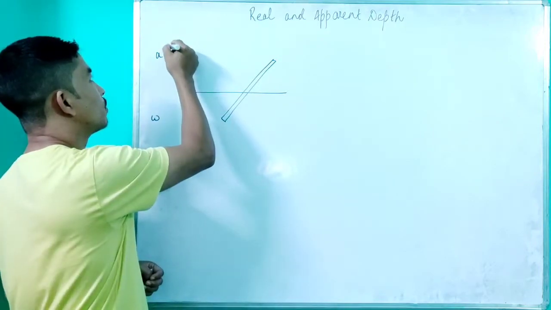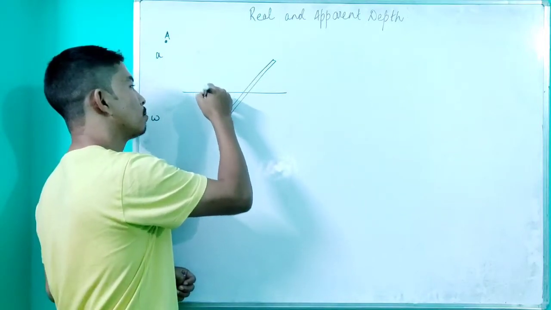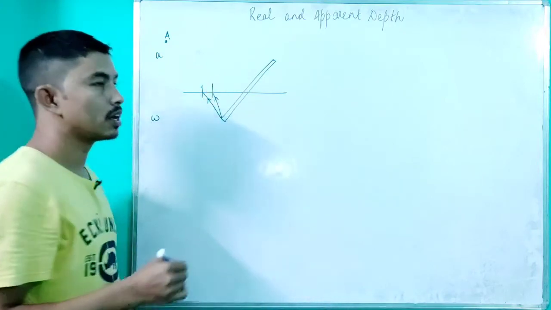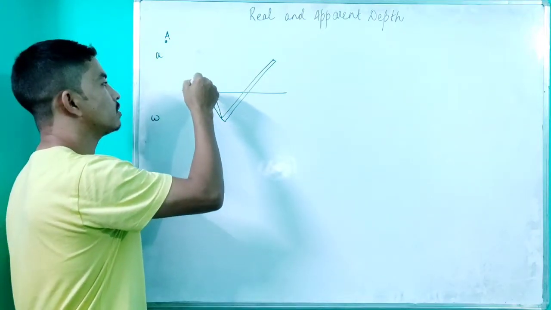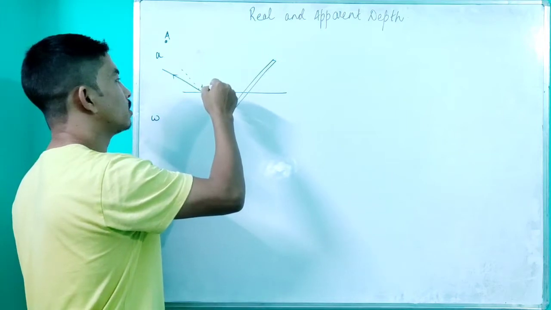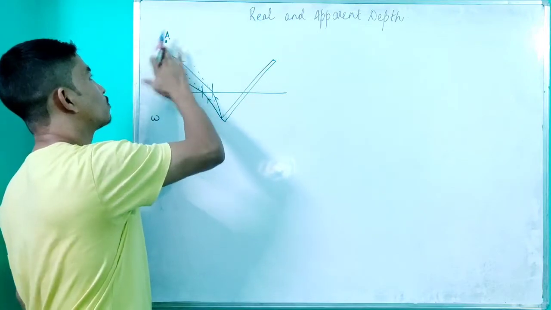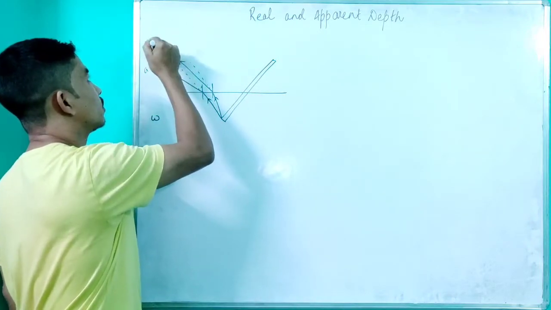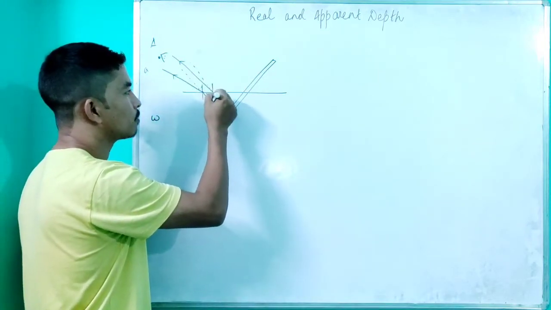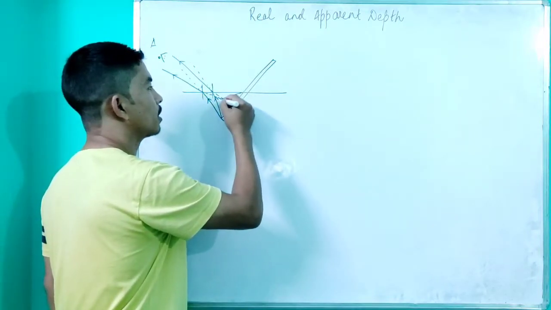When you are viewing it from the point A, what happens? The two rays pass from a denser to a rarer medium. We know that whenever a ray of light passes from a denser to a rarer medium, instead of going in a straight line, it bends away from the normal. Similarly, the other ray also bends away from the normal. When the observer is at point A and viewing from this point, what will he see? He will see that these two rays of light are coming from some other point inside the water. And then here we make the stick.